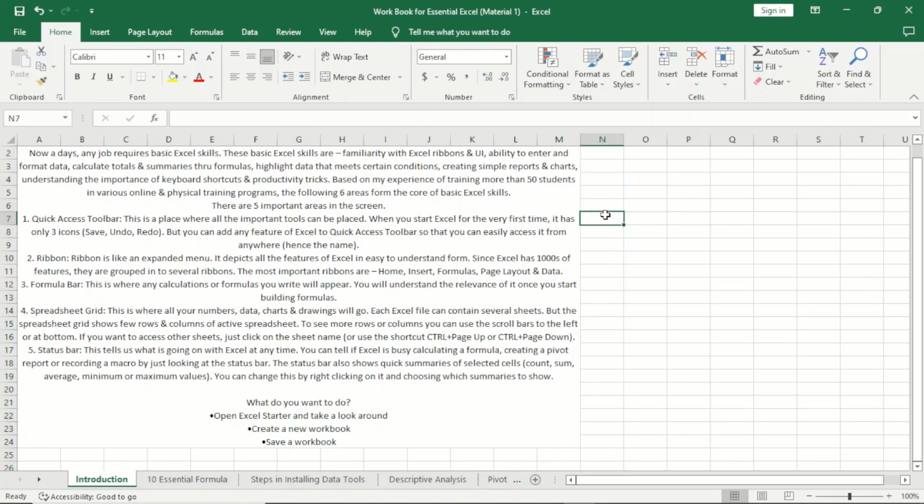So we are looking for this particular cell name. We have N here and we have 7 here. So this is called N7. If you want to communicate with someone, please can you work on cell N7, the person can quickly grab that, okay, you are talking about this particular cell. As you can see, it is written here, N7, in the name box,